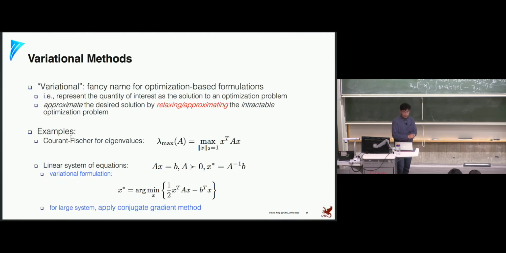Okay, so last time we've seen this. The variational method is a general term that appears everywhere. If you have something that's intractable or hard to get, you can express it as an optimization problem and then try to solve that optimization problem instead. Sometimes it makes the problem easier. For example, for getting the top eigenvalue of a matrix, you can just solve the Rayleigh quotient. And for solving linear systems of equations, instead of inverting the matrix, you can formulate it as an optimization problem and then solve it iteratively.